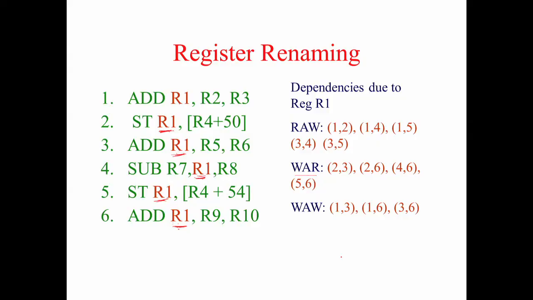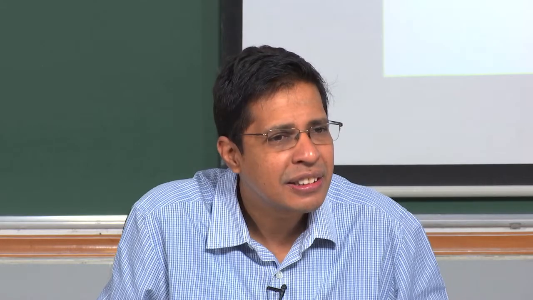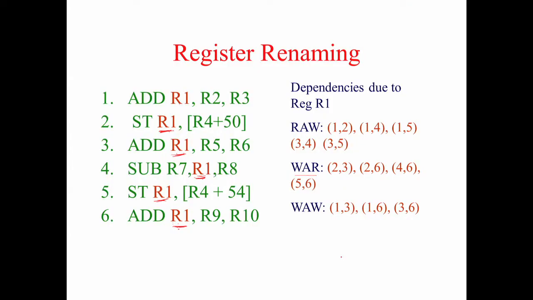For example, R2 can be an output of some floating point division or integer casting. That floating point division will be taking so much time, so this add has to wait for that. This store also will be waiting for R1 to complete, because R2 somewhere here would be doing a lot of floating point operations. So this add cannot proceed till that R2 completes. But note here, this add and this subtract can go on, because R5, R6, R7, R8 are all free.